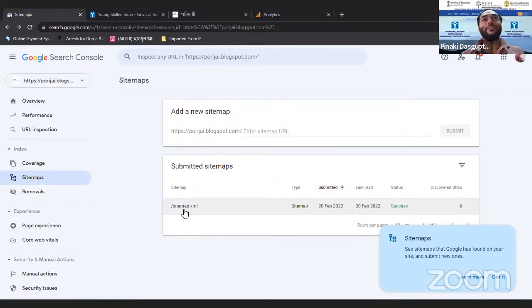So that is why sitemap needs to be dynamic. Whenever we add any new web pages or if we delete any old web pages, that should be updated in the sitemap so that the updated information will go to Google and Google will recrawl and re-index the updated version of the website. So that is the purpose of sitemap.